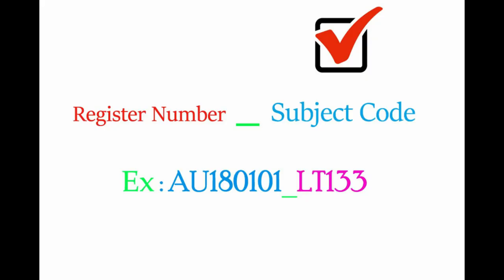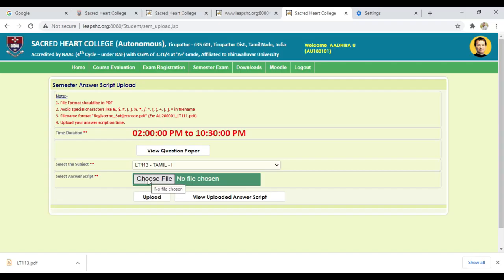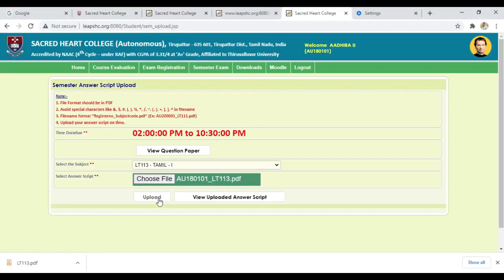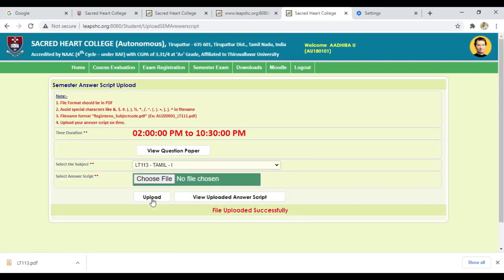Now in the web page, click the choose file option to upload your answer scripts. Now you will see your roll number underscore subject code displayed there, and once you see this, click upload. When you click this button you will see that the file is uploaded successfully and this message will be indicated to you.